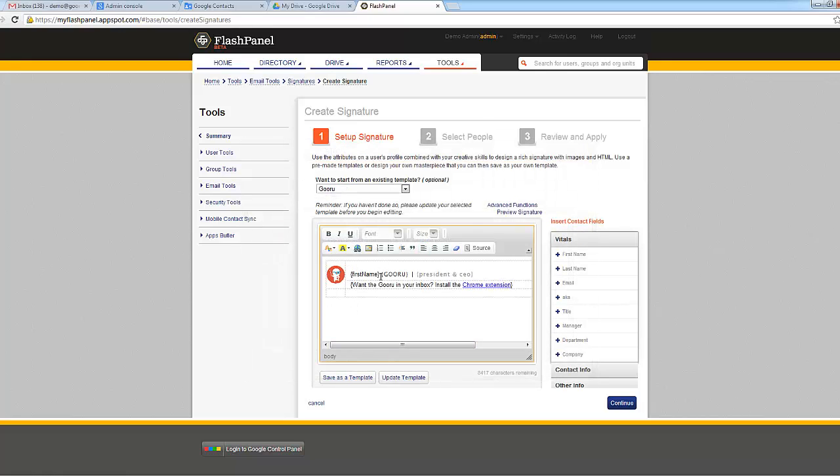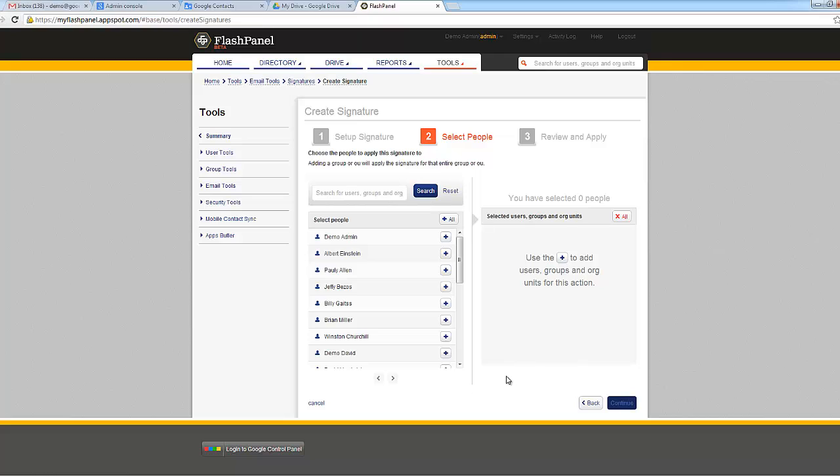You have a couple of other options here as well. You can add in a logo, social media links, quotes, change the fonts, colors, anything that you want, and you also have access to the source field. So if you're great with HTML, you can also code something completely custom. Once you have your signature set up the way that you would like it, here you can decide who to apply it to. So as this help text says, you can apply the signature to users, groups, OUs,